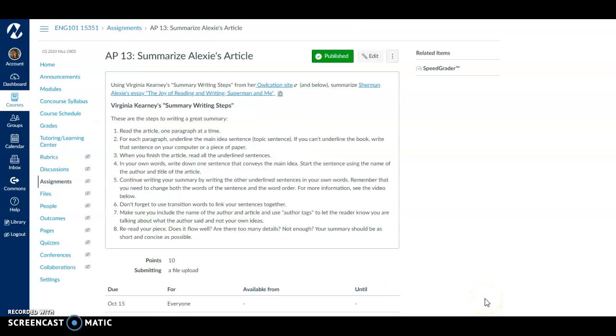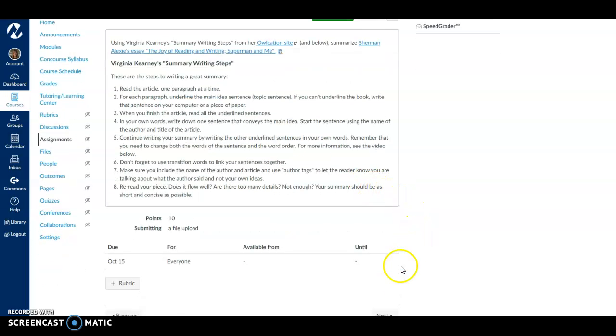We're going to return to Sherman Alexie's great essay on the joy of reading and writing. And we're going to use these steps, which are a part of those sources that were in the page earlier, and write a summary of it. Once you read over this and watch the videos and stuff, it will make a lot more sense. So do that. That is due on Saturday.